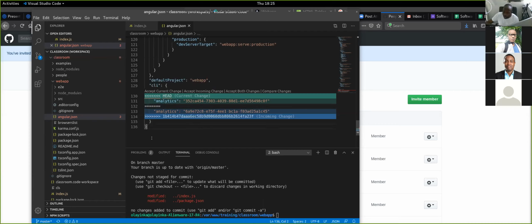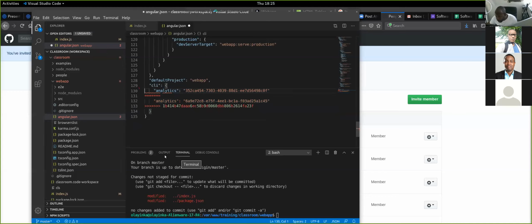And so when you want to resolve a conflict, you need to select one of the two. So if you want to keep your local changes that are competing with the one coming in, you would take what's in the head part of it. If you want to take the changes that are coming in from outside, you would take the part that's after the equal signs. The changes could be multiple lines. Sometimes it's multiple lines, sometimes it's only one line. In this case, it's only one line. So I'm going to keep what's in my head section, and I'm going to delete what's coming in,